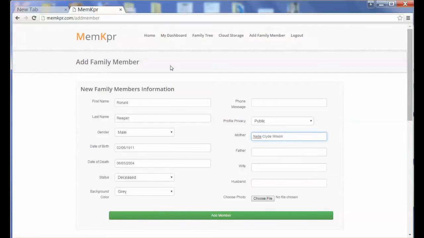Now in this case, I'm just going to leave her maiden name because I am actually going to start two generations above, where I'll be able to put in the great-grandparents here. And so you'll see as I build the tree how that works out. And let me now put in Ronald Reagan's father, which was John Edward